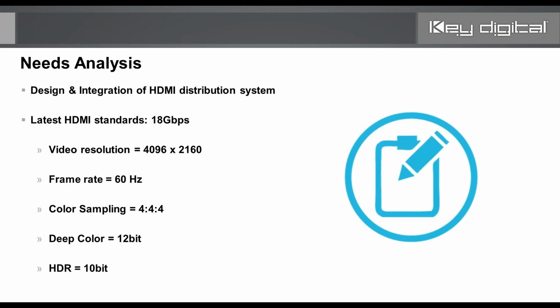So what are these parameters we account for? Well, video resolution, if you're going full 4096 by 2160, so UHD or 4K, at 60 frames per second. If your chroma subsampling, color sampling, is 4:4:4 as opposed to 4:2:0. And what's really important here is looking for HDR content, high dynamic range content or signal, which does give a noticeable